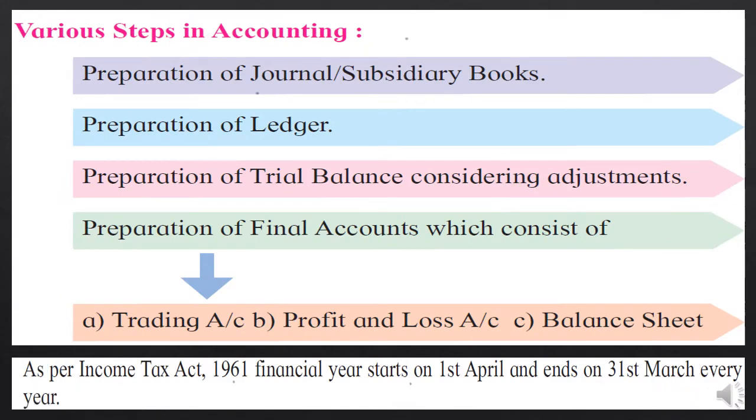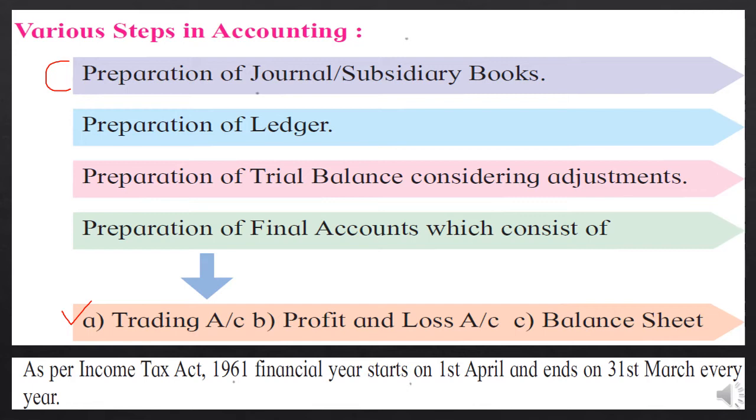So students, we are going to learn the big chapter of your textbook, that is final accounts. In that you have to prepare the trading account, profit and loss account and balance sheet, because you have done this problem in the last year also, but you know what the steps are to come to the final accounts. First, all the entries are recorded as journal entries, or transferred to subsidiary books, proper books: sales book, purchase book, sales return book, purchase return book, all the books are maintained.